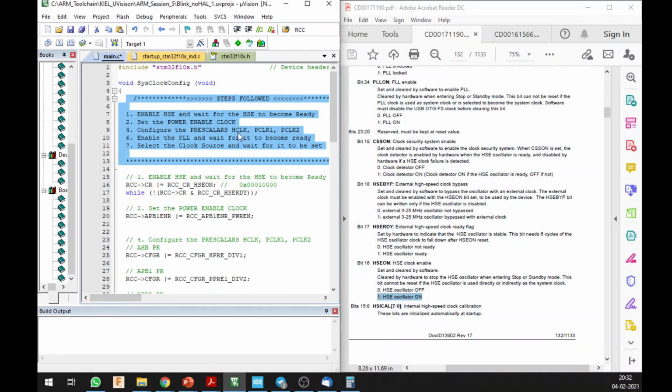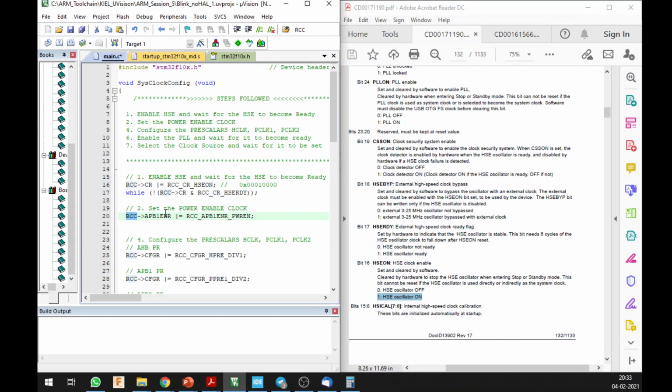Of course, you are not going to work like this for each and every one of your assignments and each and every one of your codes. You have the abstraction, so it is best to use that, with no need to get into detail. But whenever code breaks, you want to know what is going on in the background. So this was the one thing that you want to do initially. Next, you are going to set the power enable clock. Similarly, APB1 ENR, which is the advanced peripheral bus power enable clock.